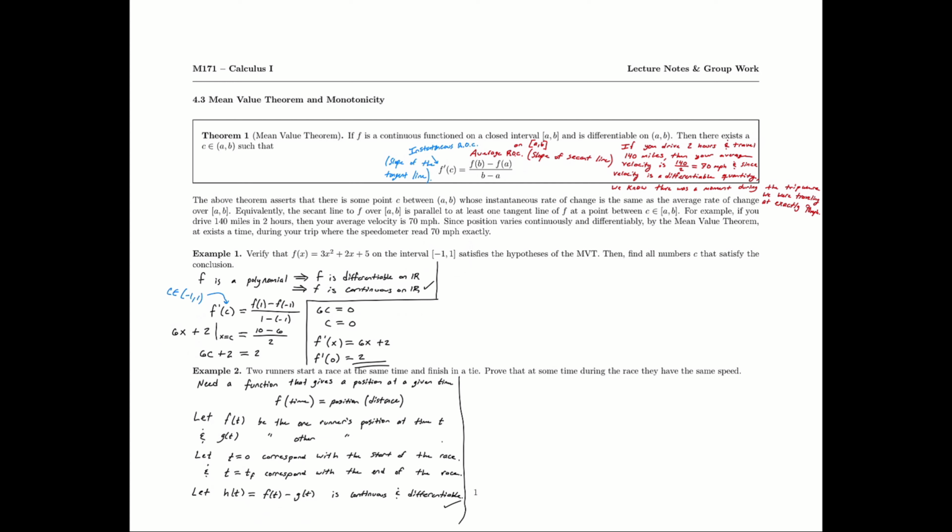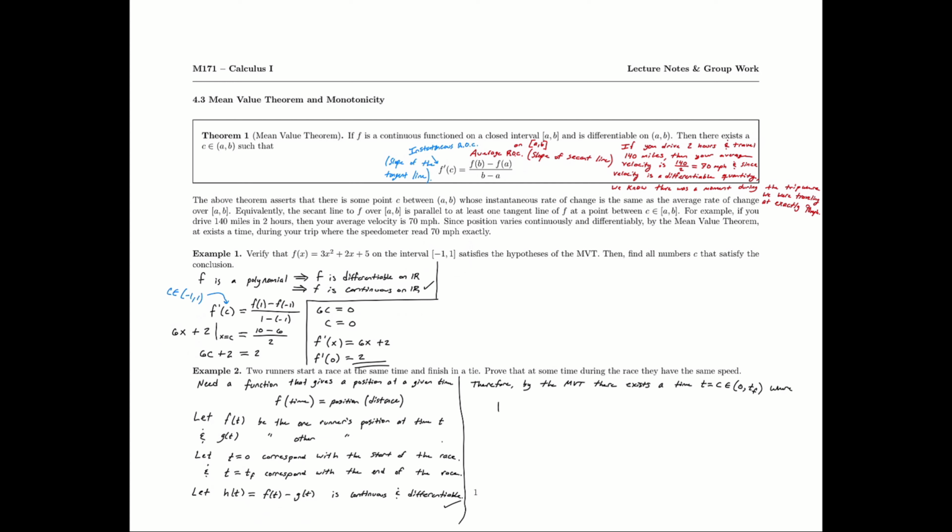So now what we know is that, by the mean value theorem, there exists a time t equals c that is between 0 and tf, so it's after the start of the race and before the very ending moment of the race, where